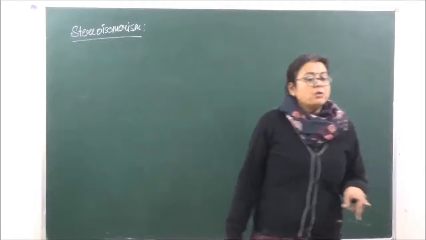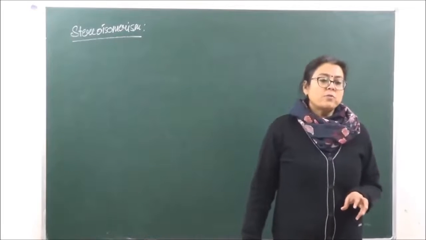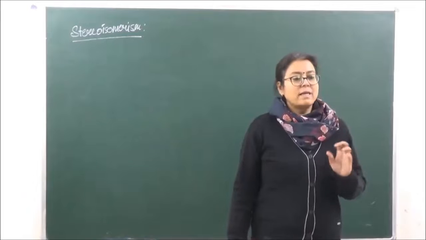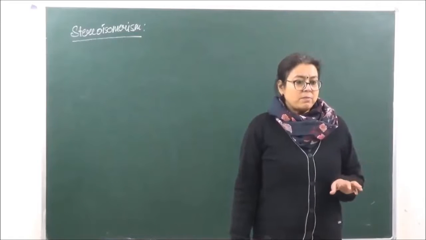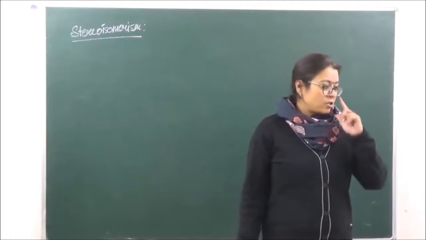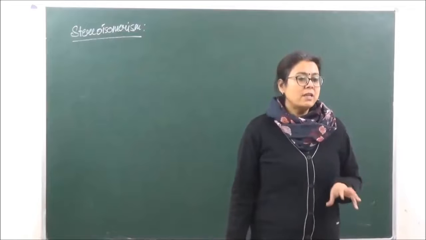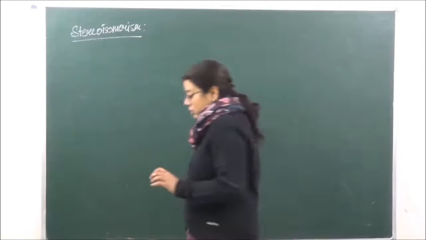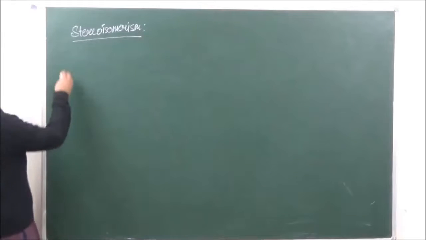Today we are going to do the stereoisomerism. Now what is stereoisomerism? Stereoisomerism means the spatial arrangement of the ligands is going to be different. ठीक है? Otherwise the molecular formula will be the same. It's only the spatial arrangement, that is the position of the ligands around the central atom, that is going to be different. So that is known as stereoisomerism. We are going to discuss two types of stereoisomerism over here.